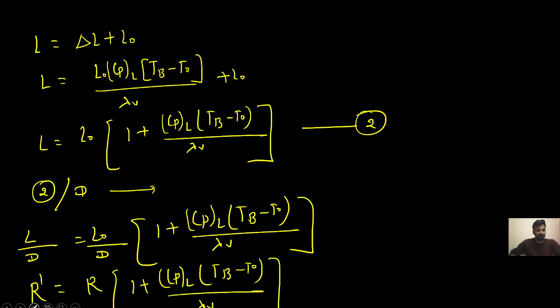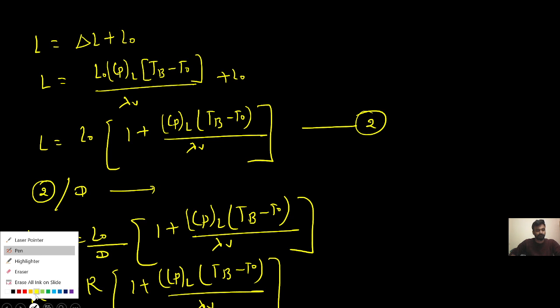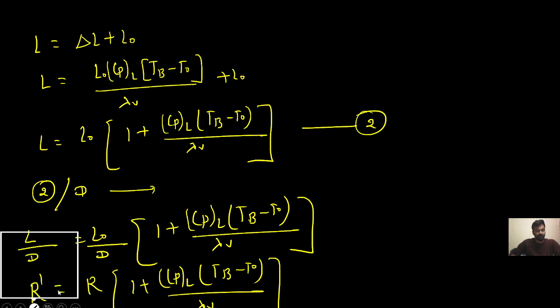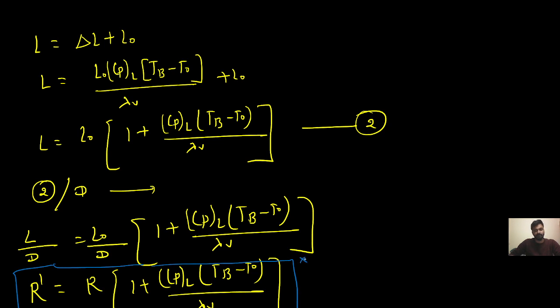So this is a very important relation that you need to understand. I will always suggest you understand the parts of the derivation of this particular problem, because sometimes you forget this formula. So it is better to do the derivation. Try to understand the derivation. So here I have derived that R dash,